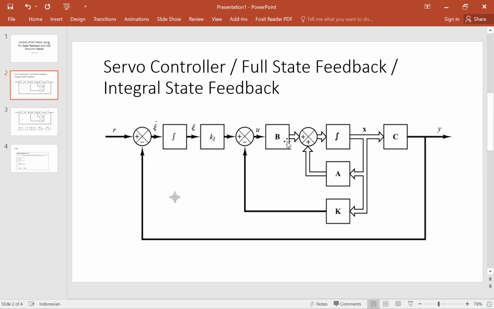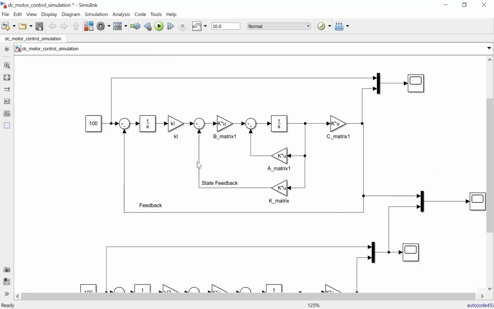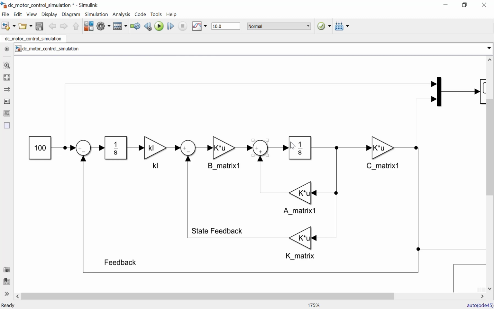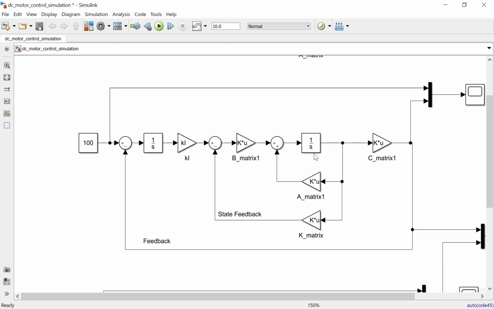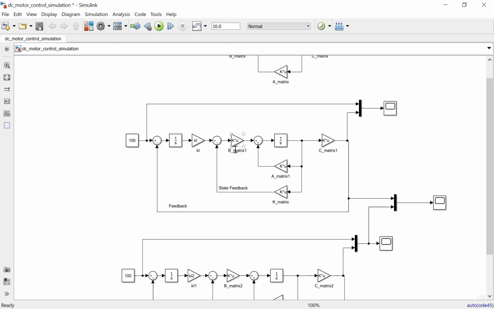This is the ABC system model. First, we must get the model of the DC motor in state space form, in the matrices A, B, C, and then we can design this system in Simulink MATLAB. Okay, I have prepared the system.